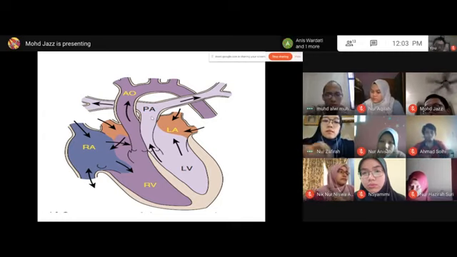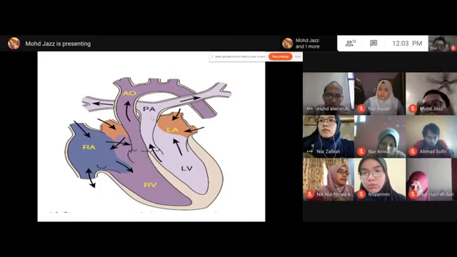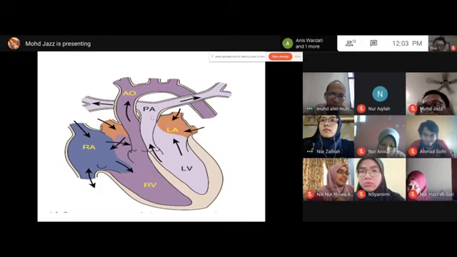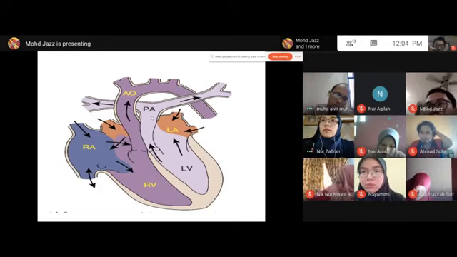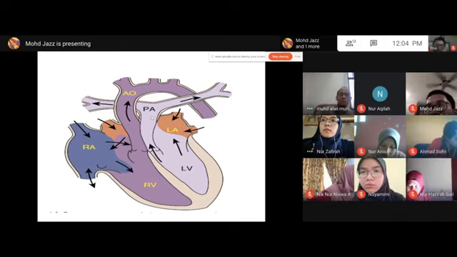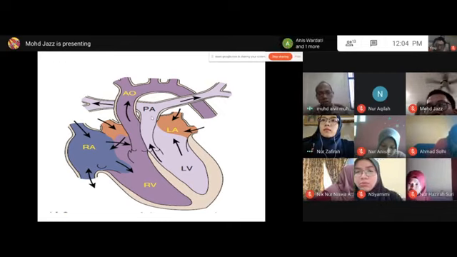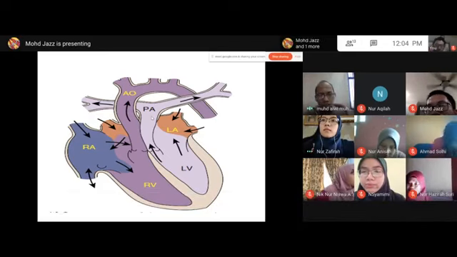This one is CCTGA, because I think this diagram is a bit weird. Because in TGA, okay, the diagram is okay. So in general, in TGA, what happened is the right ventricle, as I mentioned,